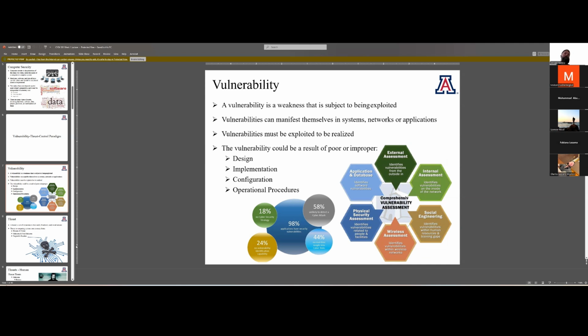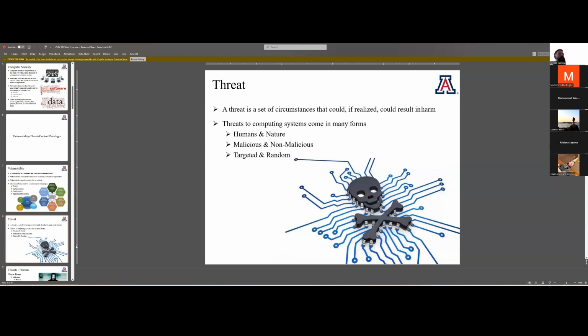Think of a vulnerability to your house might be a busted window, right? Anybody can crawl through that window and then get into your house. Likely unrealized if nobody has done so, but if realized, someone has done it, right? Hopefully that kind of ties it together for you.